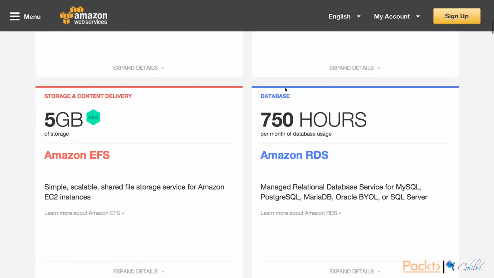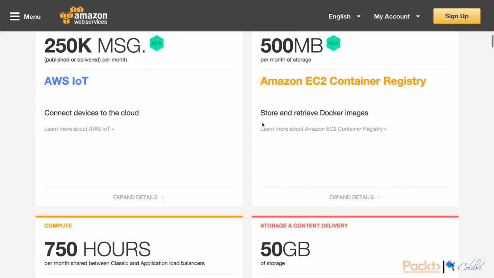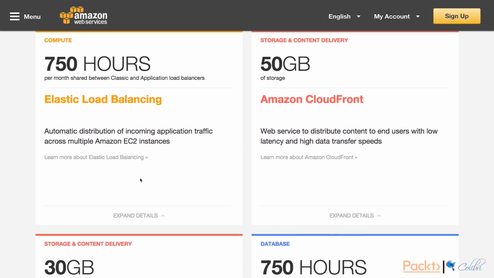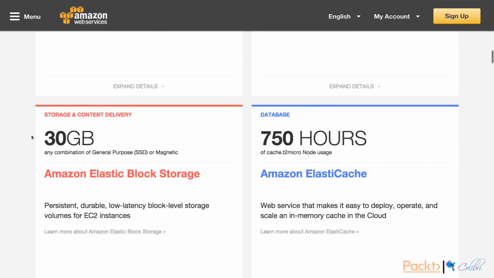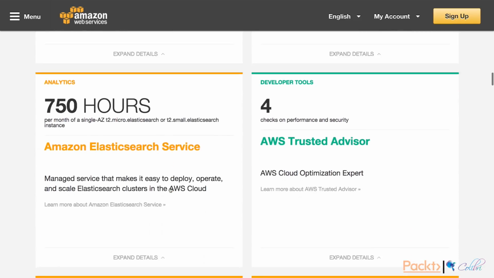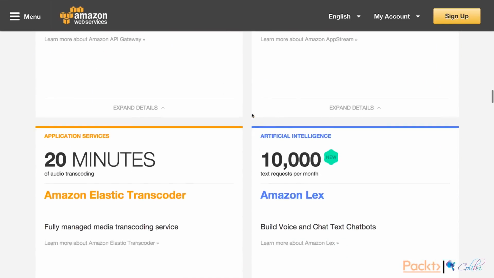Also, another important topic for the exam is Amazon RDS, and we will get hands-on experience with it. We're going to look at Amazon CloudFront as well as elastic load balancing, and you need to remember that elastic load balancing is going to come at a separate cost, but for the specific free tier, we should not have to worry about it. Then we will look at Amazon EBS, Elastic Cache, Trusted Advisor, and we can see we have